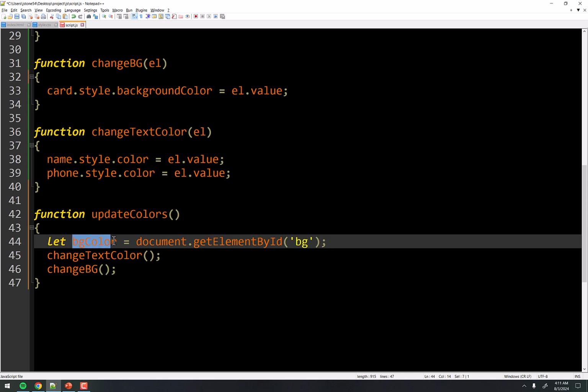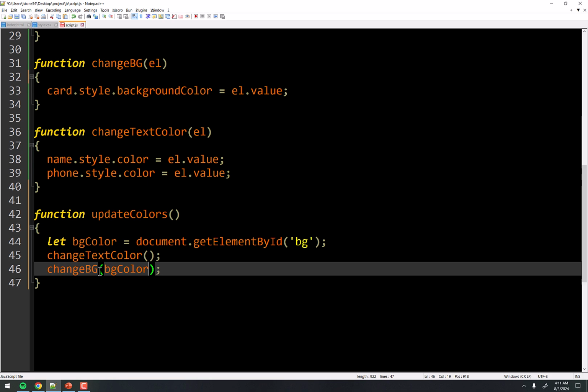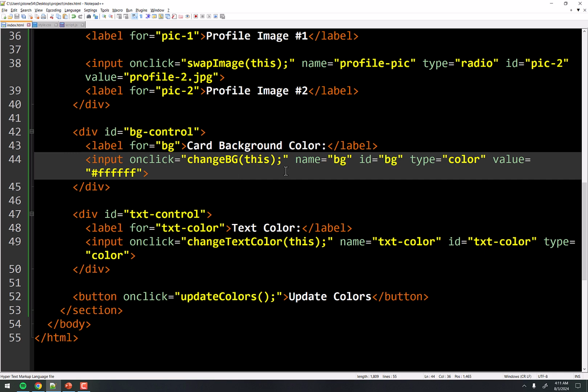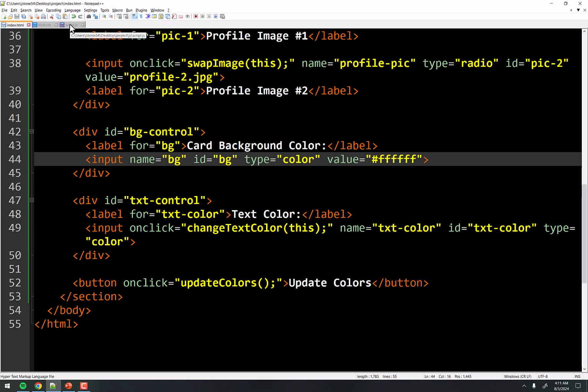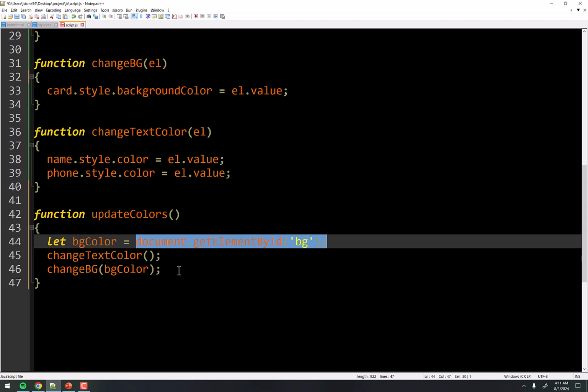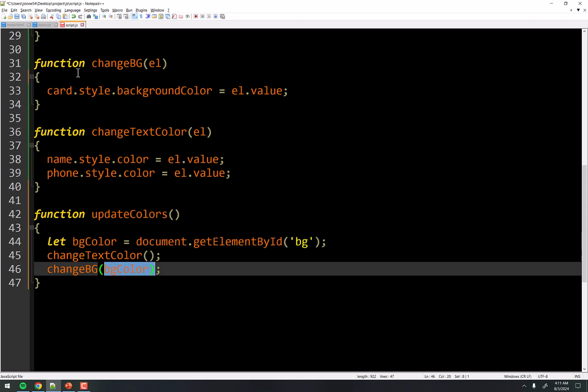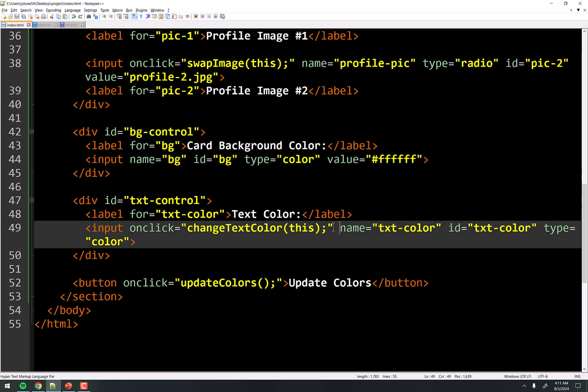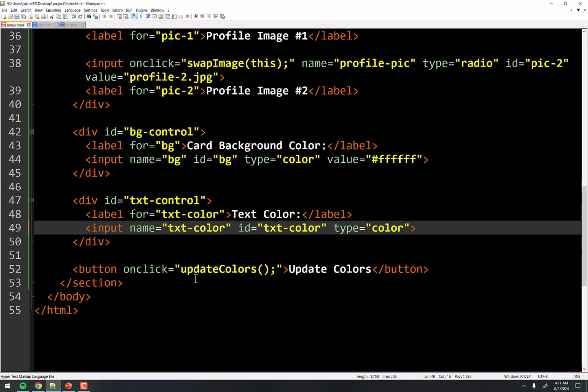Now, what's this done? This BG right here, its value is that entire input tag. So I'm going to pass that right here in the BG as a parameter, and it's going to go right there. Well, that's the same thing as what we did here when we were passing in this. Now, we're no longer going to do anything when we click on that, so I'm going to delete that. So hopefully that makes sense. All we've done is grabbed the input and passed it in as a parameter right here, because this thing expects as a parameter some sort of a tag. Well, we know which tag we want it to be. We want it to be the input. So let's just start there. And then we're going to do the exact same thing here. I no longer need that because we're going to call it from this updateColors function.